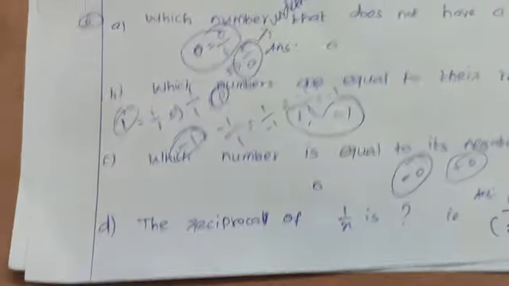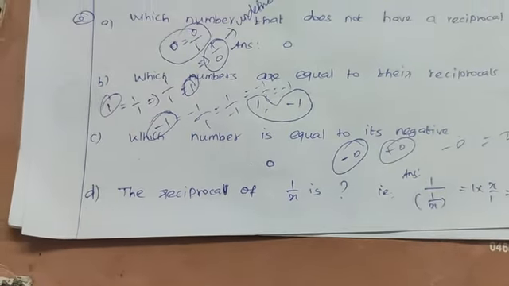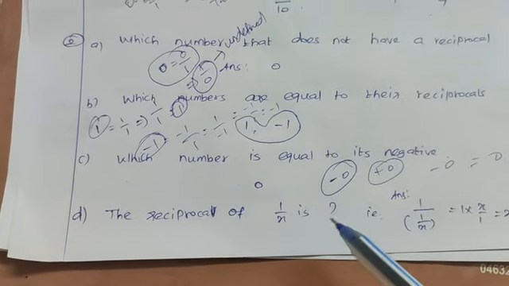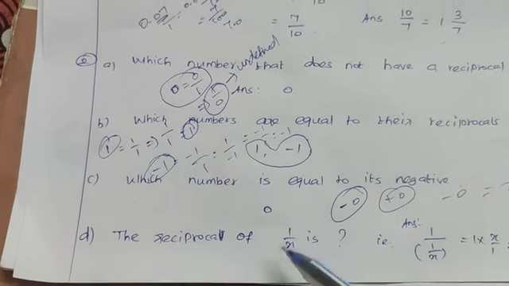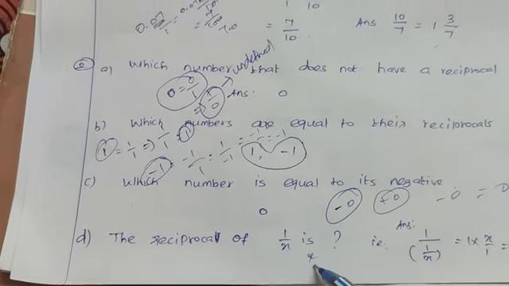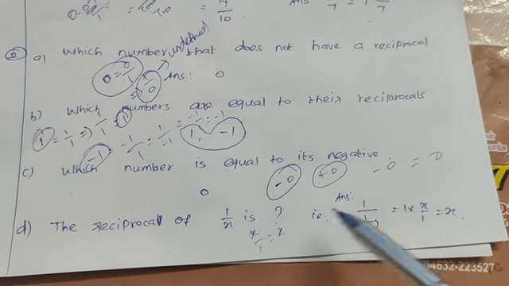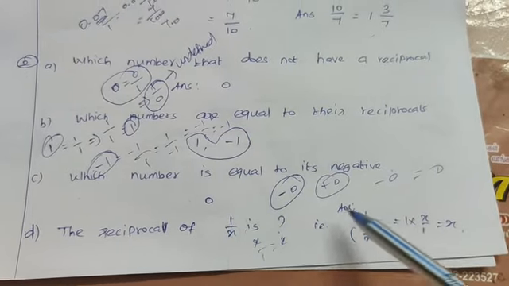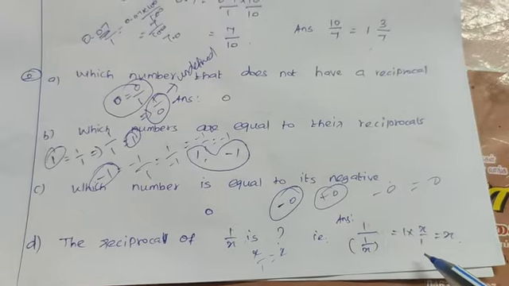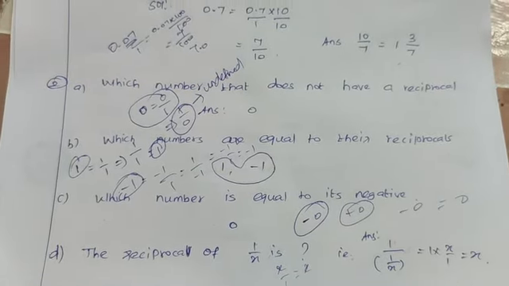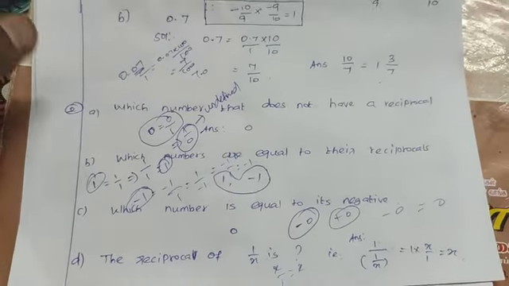Right. Now that is a simple example, the reciprocal of a fraction. Already you know that the reciprocal is the denominator into numerator, numerator into denominator. So here we can write 1 by x as x by 1, that is x. How does it work? The reciprocal of a number: this number is 1 divided by 1 by x. You can write in numerator 1 into x by 1, that is x. So x is the answer. Like that you can write the problem.